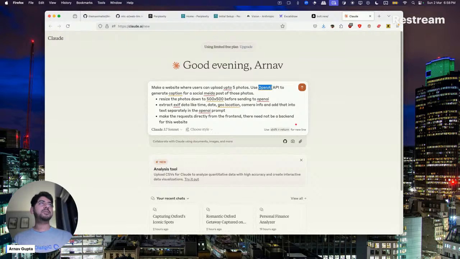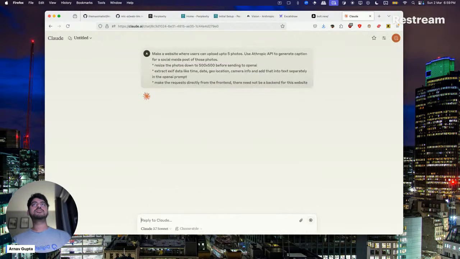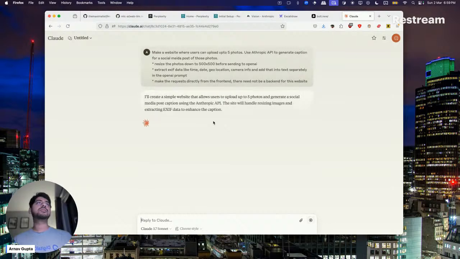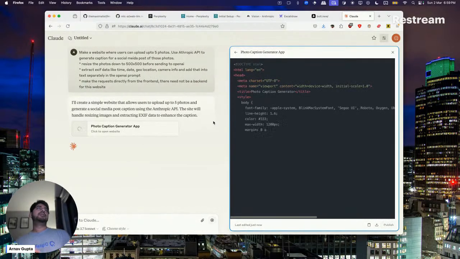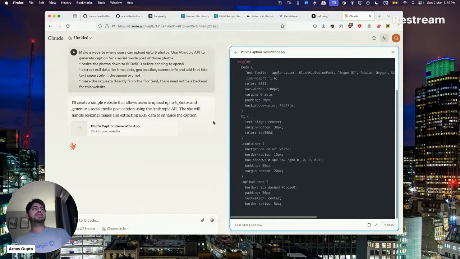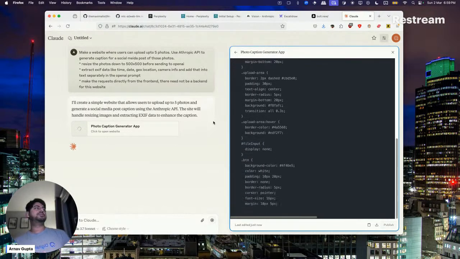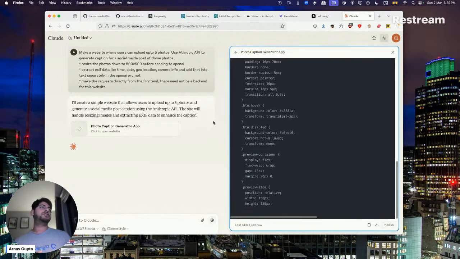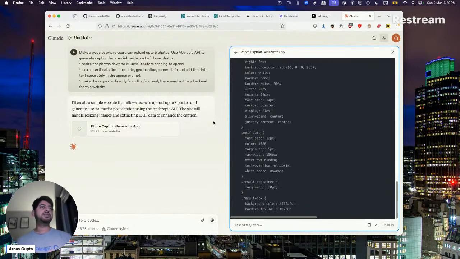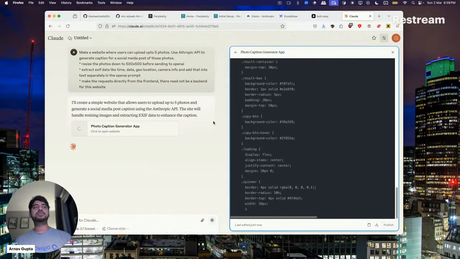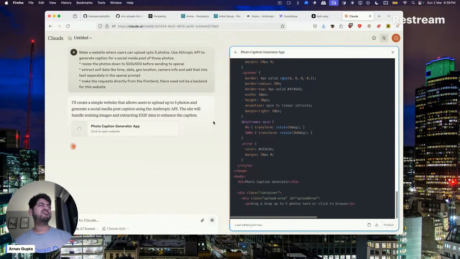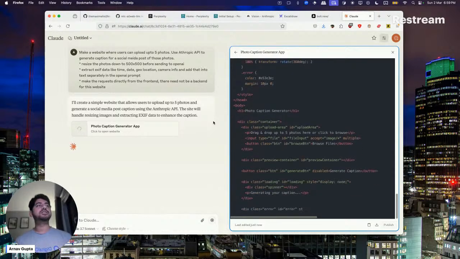Use Anthropic API maybe for Claude. Why ask them to? Yeah, let's see. The way Claude works is they try to generate everything in a single HTML file with all the JS there. It's not very maintainable the way it generates it, but let's see where it goes. I'll try it out. With 3.7 Sonnet is actually fairly good, I would say.